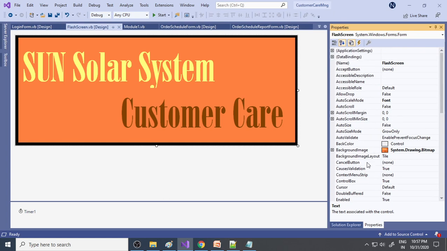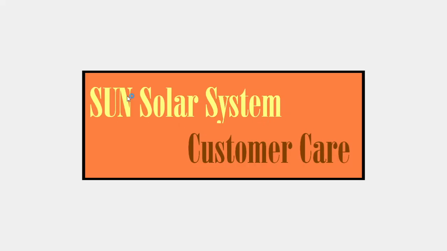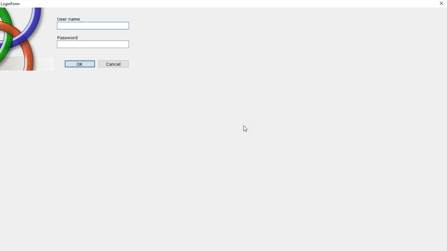So here is a background image layout. Tile is there, so the tile is repeating. We don't want it to repeat, let it be at center. Once it says center, it should come at center only. Okay, fine, it comes at center. We can make a different, attractive image. I'm just doing a pretty simple one, but when you're doing this, maybe you can take care to design a nice picture.